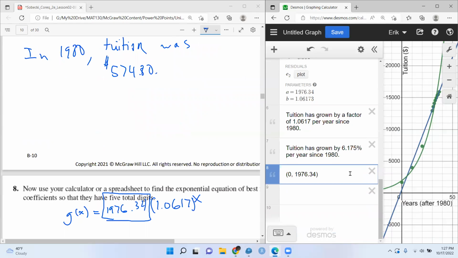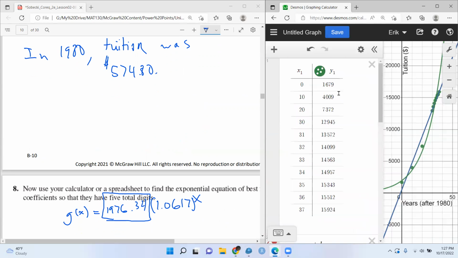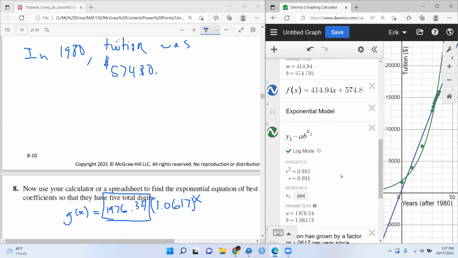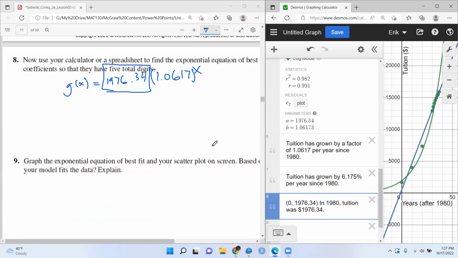So in this case, for the exponential model, we're saying in 1980, tuition was $1976.34, which is a little bit better. 1679 was the actual. It's a little bit better y-intercept than the linear model. But that doesn't necessarily make the exponential model the better model. What we need to look at